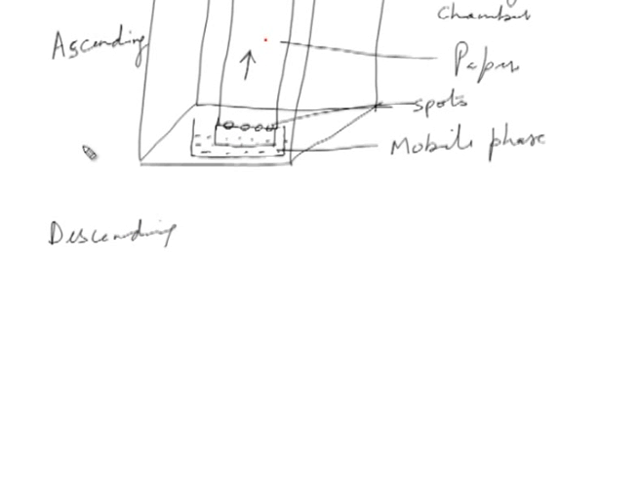Once this runs, the spots or the samples will be carried up according to their affinities for the mobile or stationary phase, and finally you will have developed a chromatogram. So, finally what you will have? You will have a paper